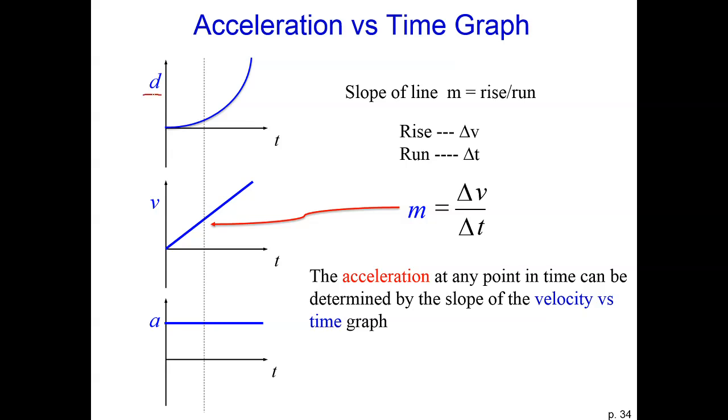looking at. So if we look up top here, we have a letter D or sometimes a letter X. That's telling us that this is a position versus time graph. We've got the letter V here, so that's going to tell us that we're looking at a velocity versus time graph. And then the letter A here is going to tell us that we are looking at an acceleration versus time graph. So as we analyze this series of graphs that describes the motion of our particle,